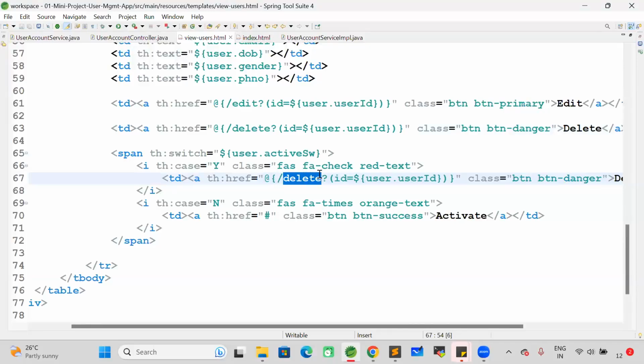Update. So update the status. Update ID is equal to $ of user.userID. Okay. If I send only ID, is that sufficient? No. Along with the ID, what do we need to send? Along with the ID, we need to send